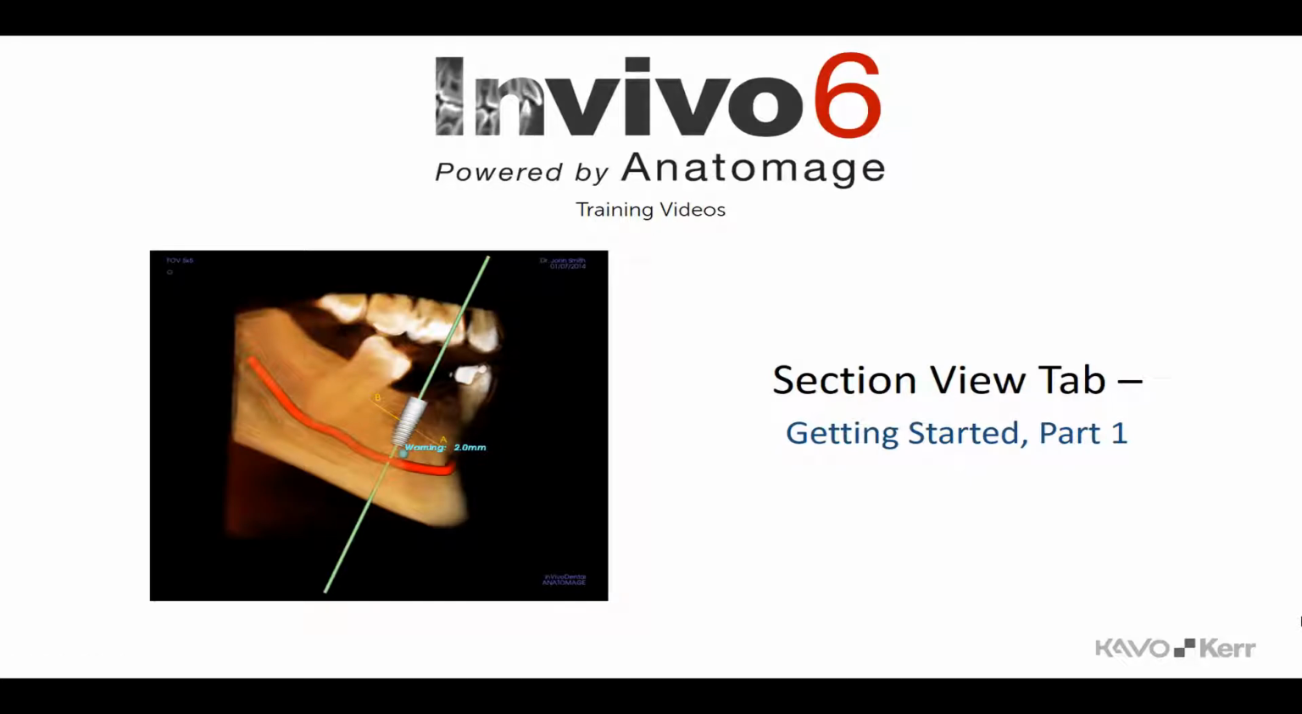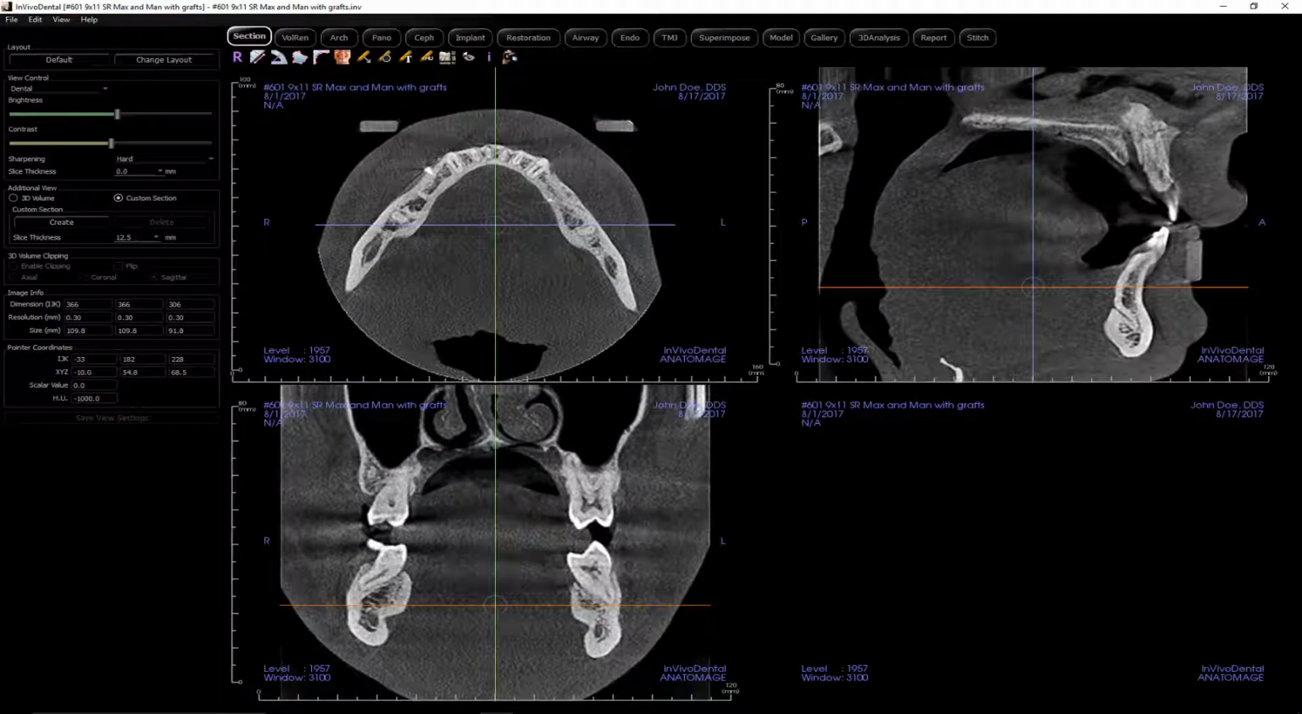This training series will demonstrate how the software can be used to display 3D volume renderings, create cross-sections, trace nerves, place virtual implants and restore them, print images, save images, and many more functions. When a patient scan is open, you will begin in the Section View tab. This tab will be a good place to begin our discovery of the software and is the subject of this